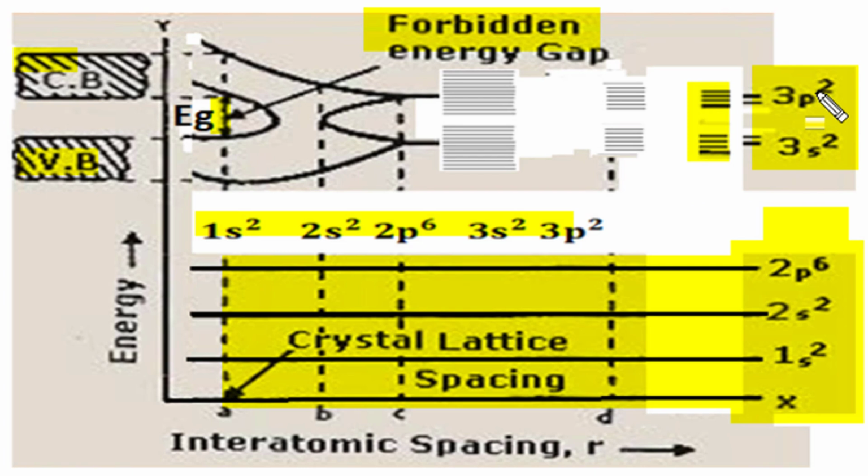Similarly, 2 levels of 3p become 4 energy levels, and per atom 4 empty states become 8 empty energy level states in this arrangement of 2 silicon atoms. And if we increase the number of interacting atoms, the number of energy levels will become equal to the number of atoms